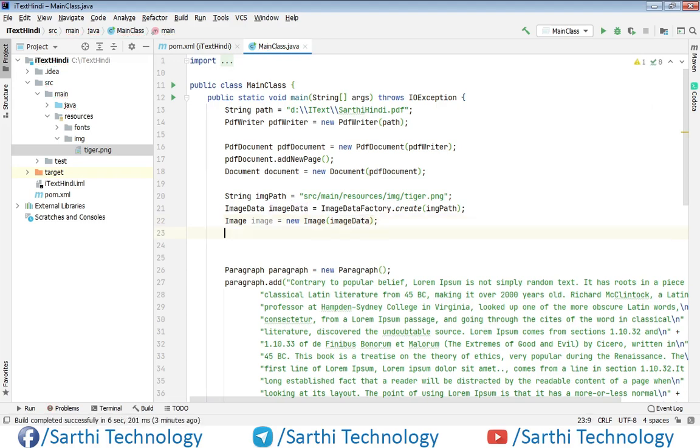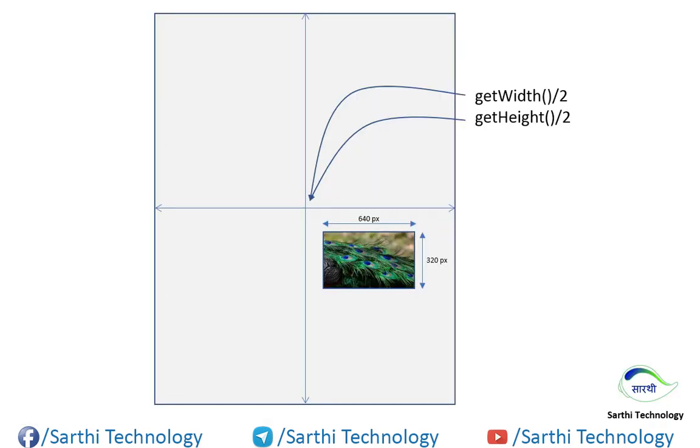Now we need to place the image in the center of the page. So for that, let me explain something. Let's assume this is the page, and we need to put the image in the center of this page.